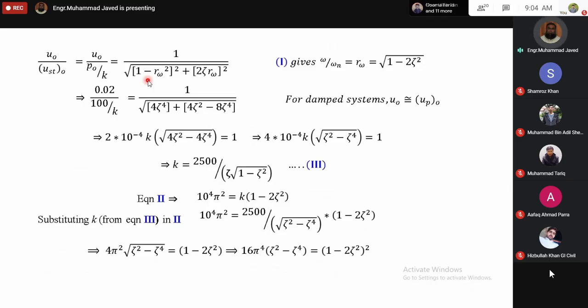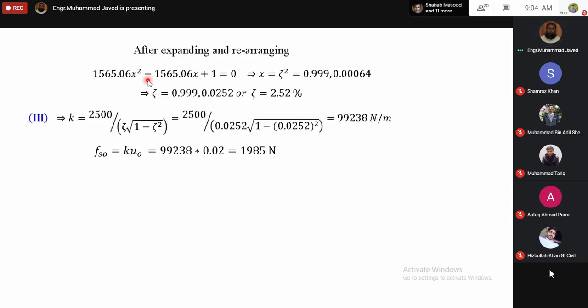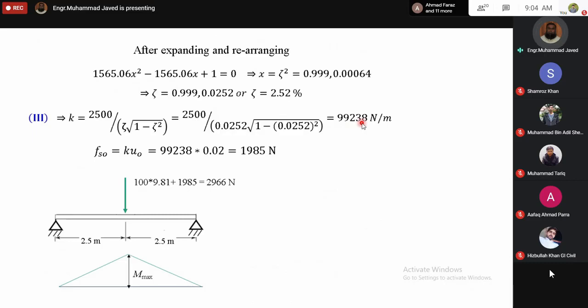अलबत्ता वी हैव कैलकुलेटेड द स्टिफनेस, स्टिफनेस अभी हमने कैलकुलेट की है जो कि 99238 न्यूटन पर मीटर आ रही है। तो simply supported beam with a point load acting at the center has a stiffness equal to 48 EI/L³।